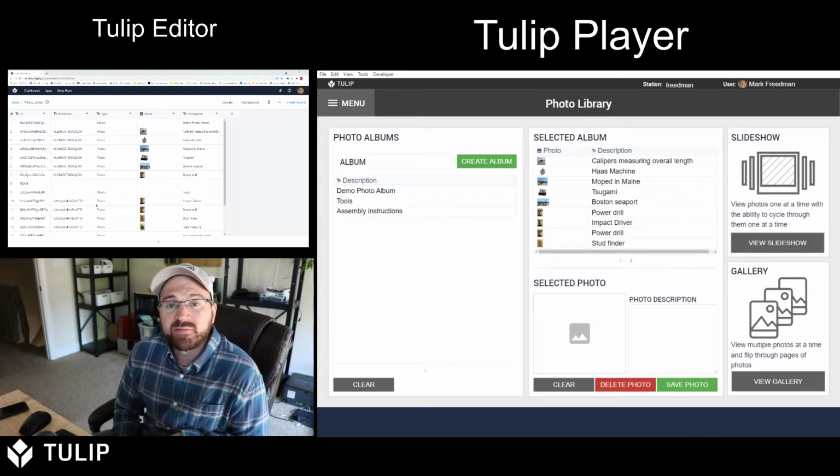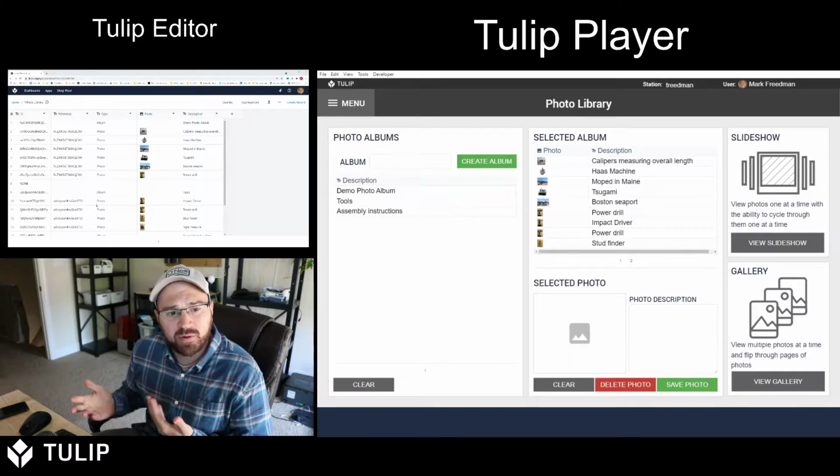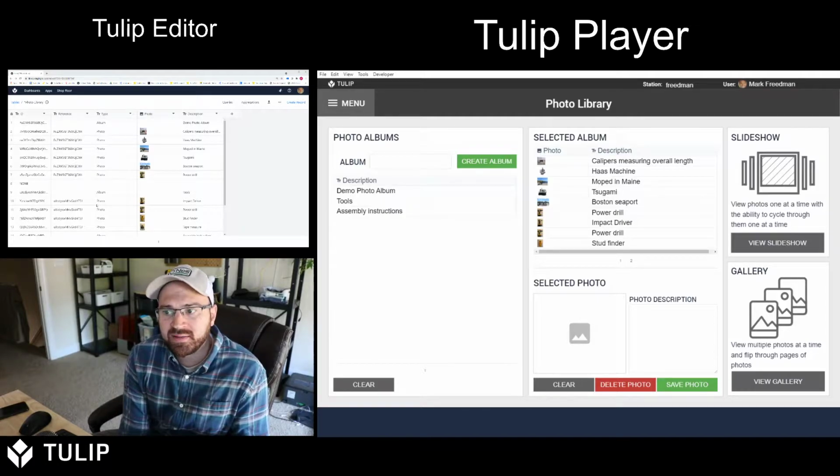Hey, this is Mark Friedman from Tulip, and I want to share with you an application today that is a photo album, basically. It's a pretty common request that I've seen on the community and elsewhere, and that is that